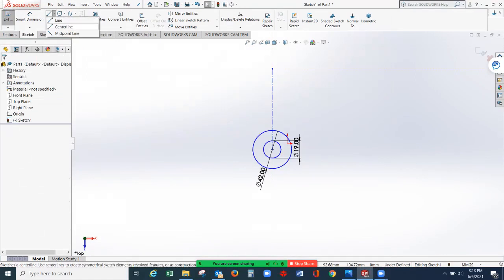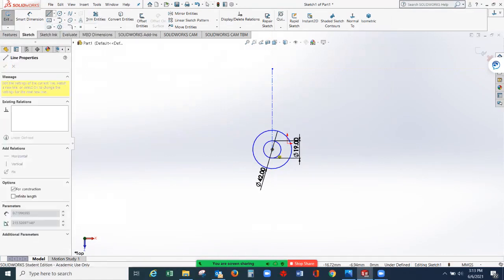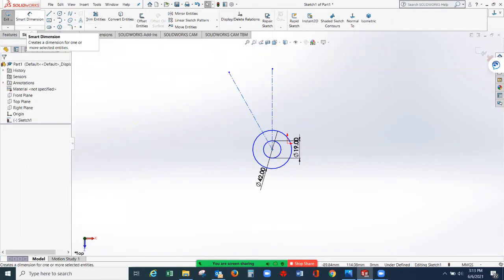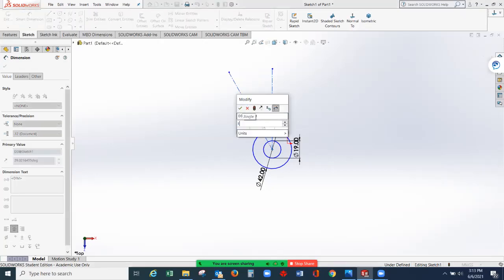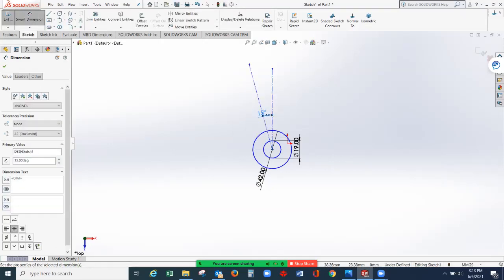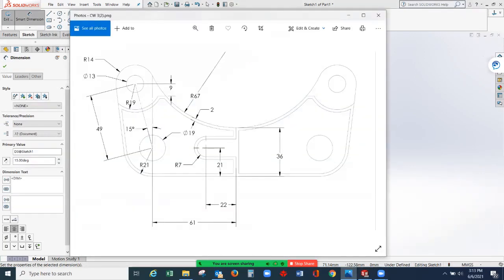Again, line, center line, from here to here. Press the escape button to terminate the command, and then again, smart dimension. So from here to here, this is 15 degrees, so give it 15 degrees. And this length will be 49.